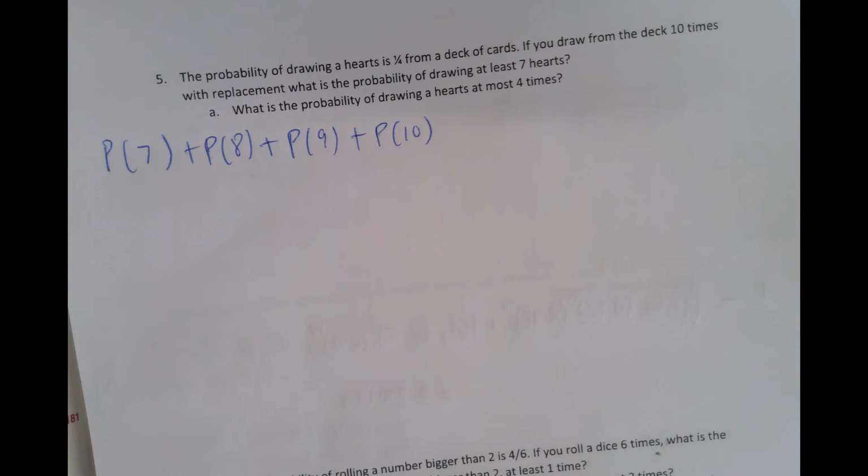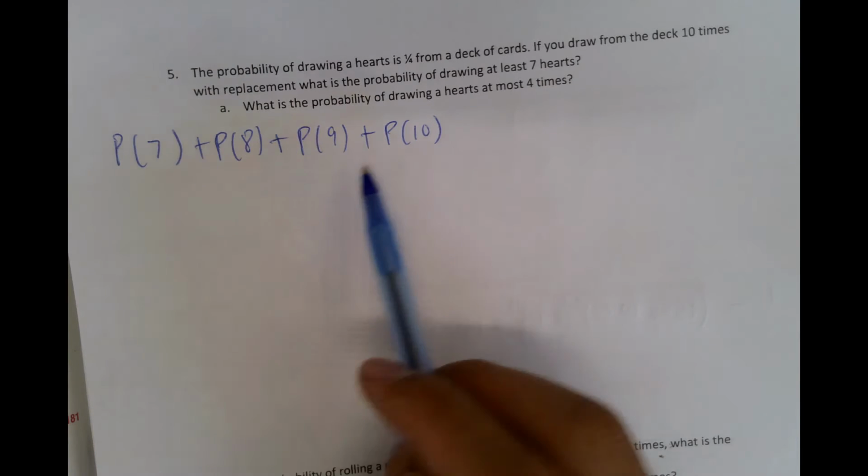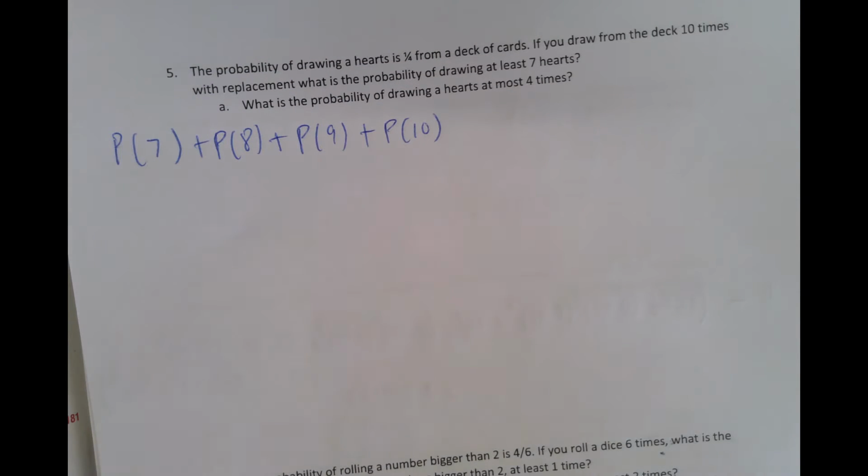Right? We want to see at least 7, which is 7, 8, 9, and 10. Those are all the different possibilities we can have, right? So here we would have